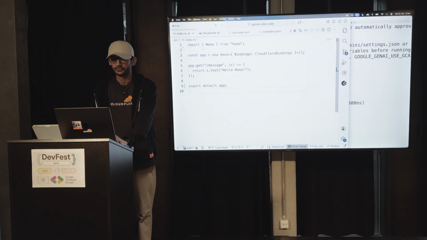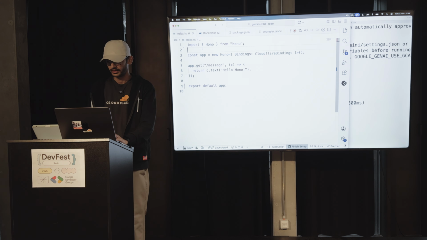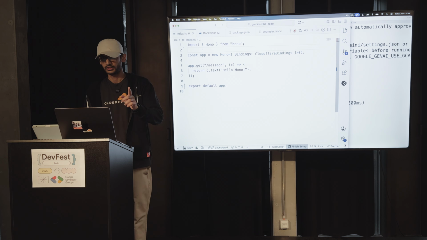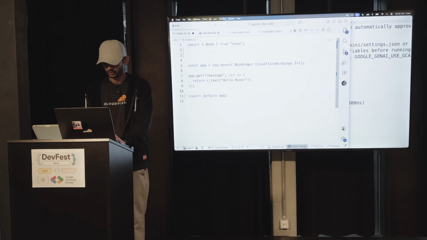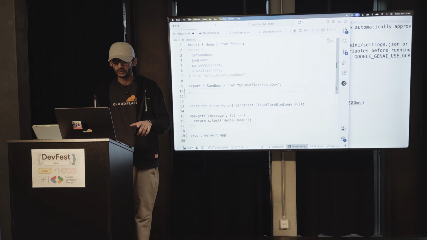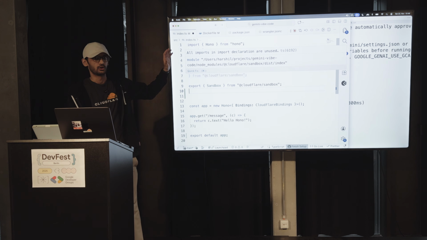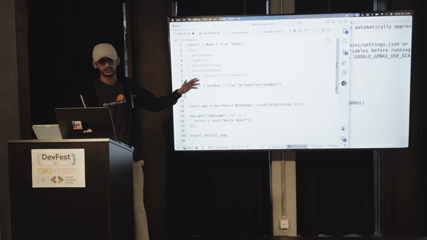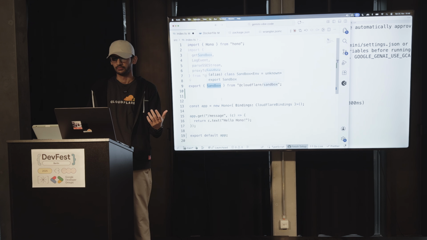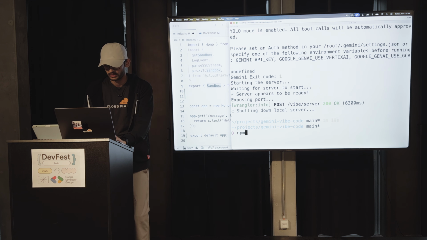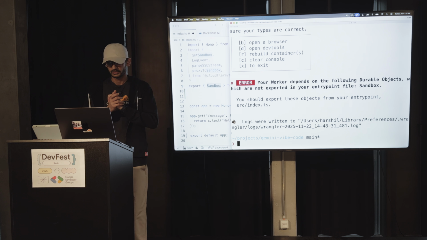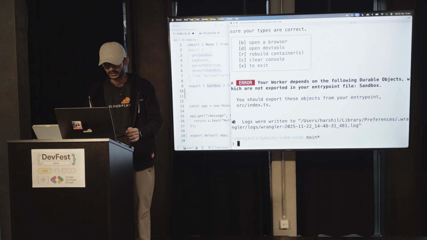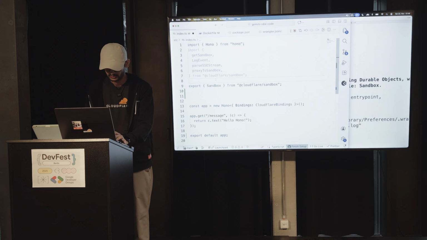Okay, so first things first, let us go ahead and try to run this application. But if I do, it is going to run into an error because I need to import a few things. So let me go and try that. Over here, I am simply importing a couple of helper functions from the SDK, and then exporting the Sandbox. Next, I am going to run the development server. All right, hope this starts. This is not starting, which is what I expected because I forgot to save the file.